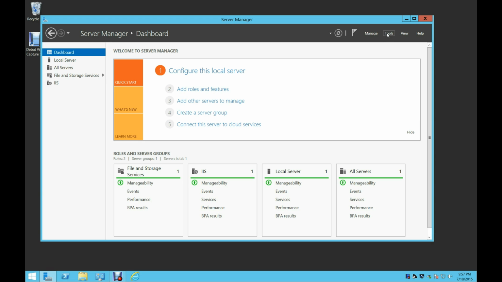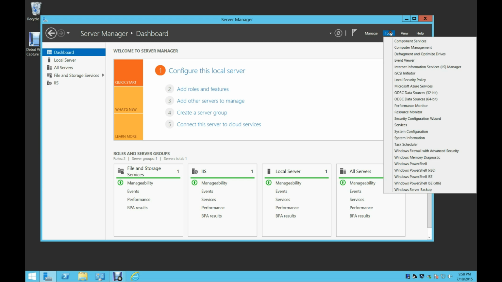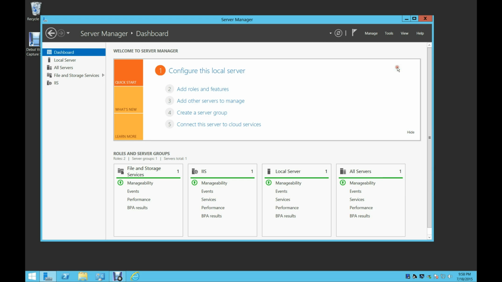Once you write the application in Visual Studio, you want to test it on your local server on the desktop machine that you're writing the application on, but you have to install IIS. So that when you hit debug or run for release, it will actually load on your local machine. On this, if you click Tools and come down to Internet Information Services Manager,